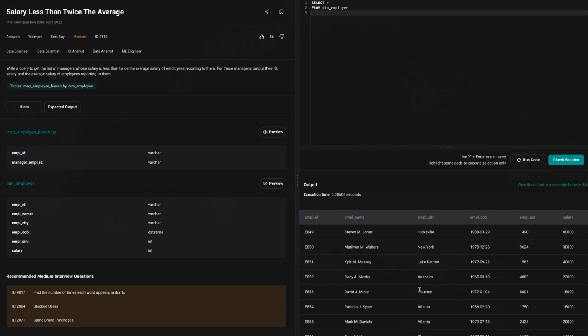So again, if you go back to the question here, they're asking us, give me a list of managers whose salary is less than twice the average salary of employees reporting to them, right? So they are sort of asking us to make connections between an employee and their manager. And which table actually gives us that connection is this table here, map employee hierarchy, right? So how I'm going to start this question is I actually am going to